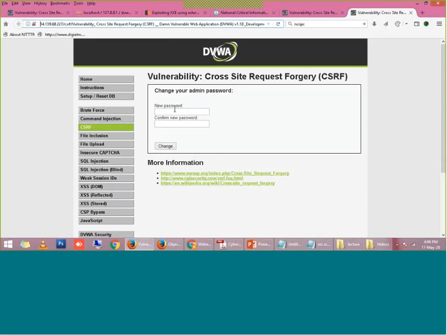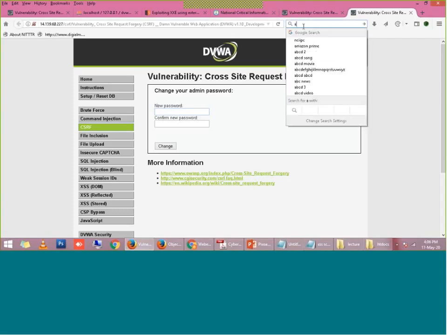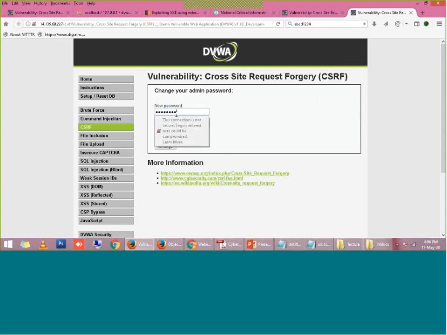So now what will happen? You do not know that you are on the attacker's website, and you write your password here. I want to change my password. What is the current password? The current password of mine is password. Now I am going to change it to ABCD1234. The new password is ABCD1234, and I have copied it into confirm, right?